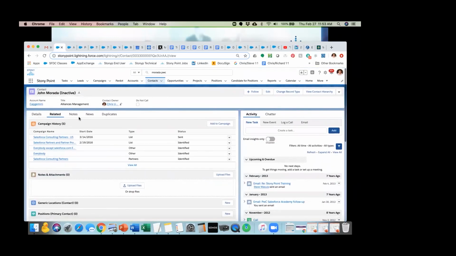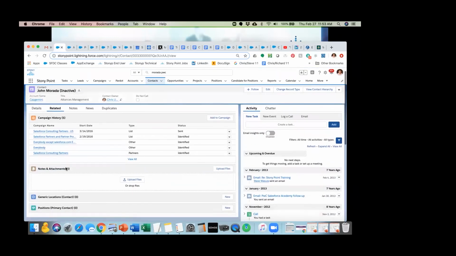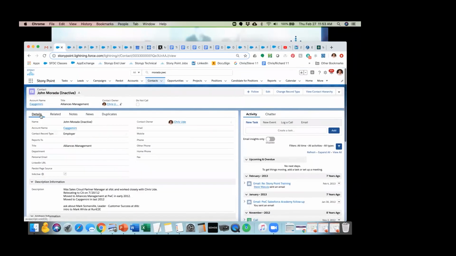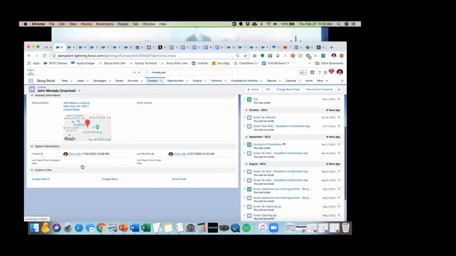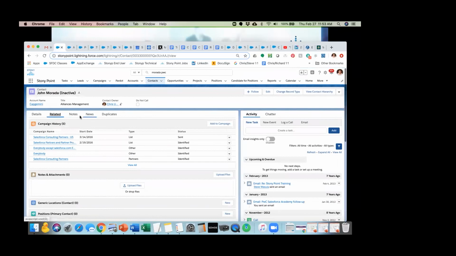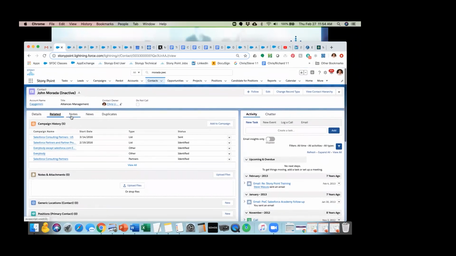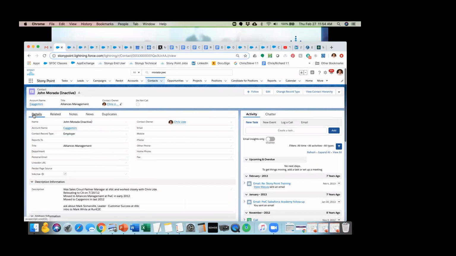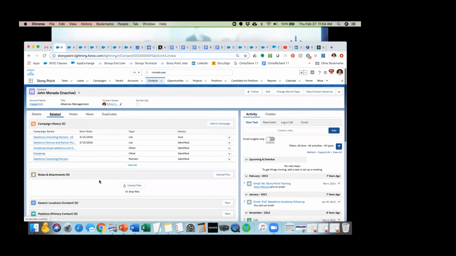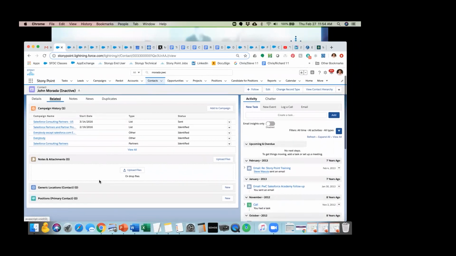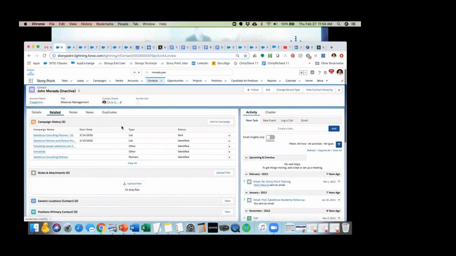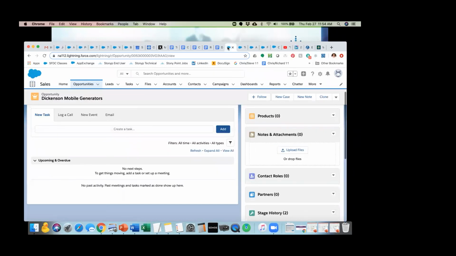where can I see it? Where are his accounts? I must have done something goofy here. I wanted to see the related account. Well, maybe he wasn't a good example. Doesn't make any sense. Because I wanted to show you that we could see that he moved from one account to another. Let's just do it in the